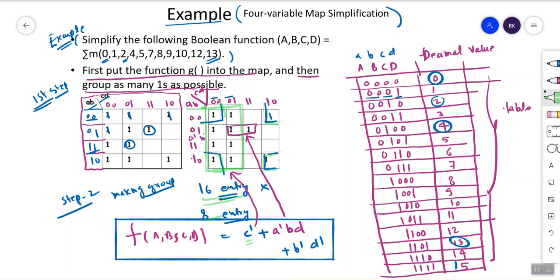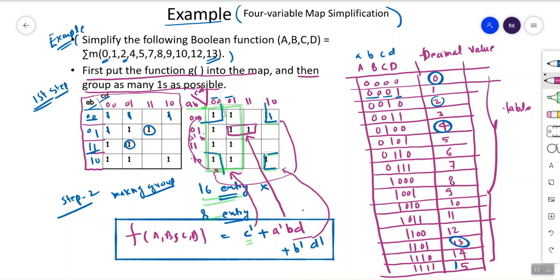B is not changing. What is B? B is 0, so we can write B not. And now you see another pair here, 0 was changing and C is changing, so we have not written the C here. And this expression is regarding the corner. Okay, so don't confuse, this is regarding the corner. Similarly D is 0, so we have written D naught.